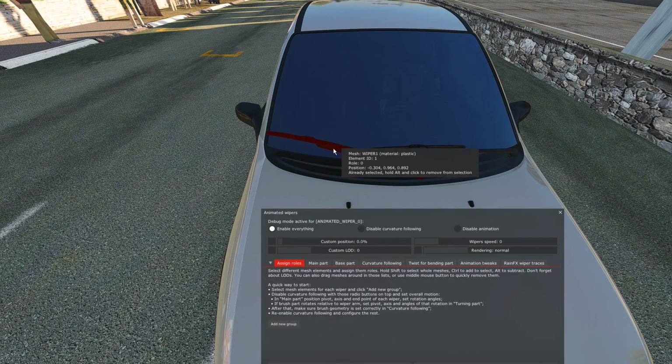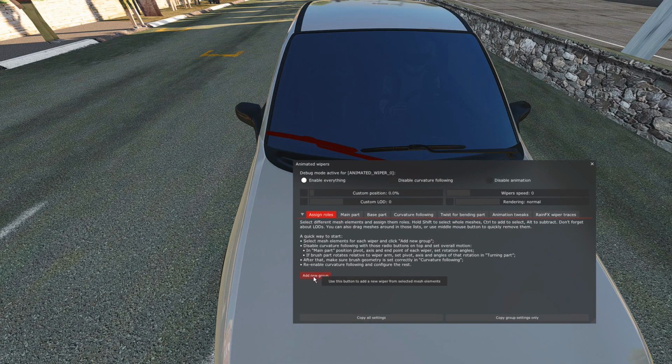On some car mods, the parts are like 3 to 4 to 5, so you need to do like this, so every part of the Viper becomes red. But here is the easy way, you see, it's like this. Don't put it like this. If you do this, just press the mouse button to restart, and only select the left Viper. Now when you're done, you go here, add new group,